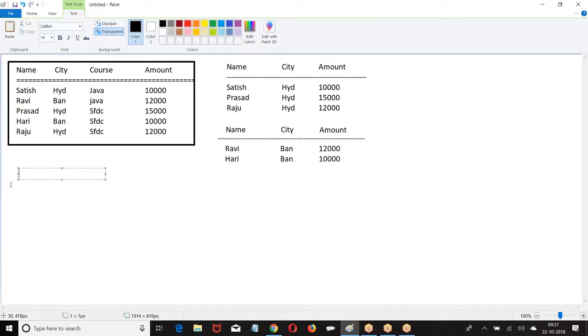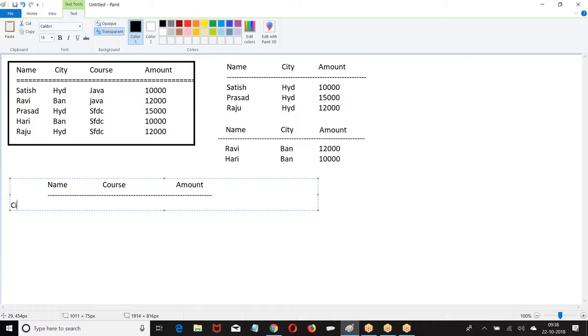Let us say group the data based on the city. Then I have 3 records. Prasad.